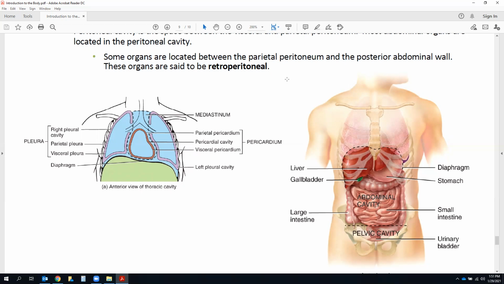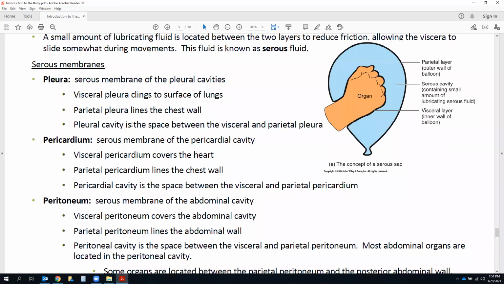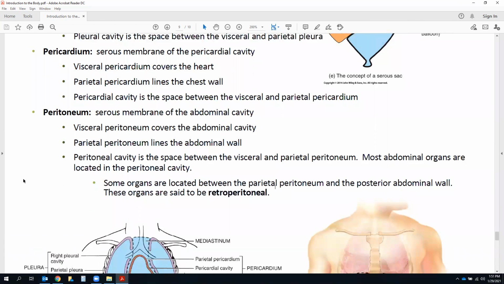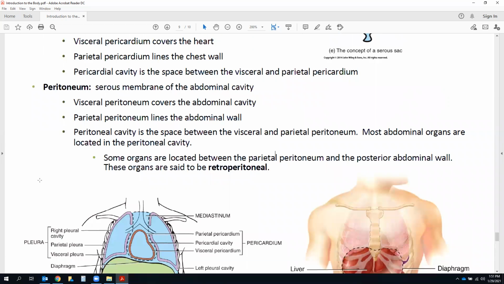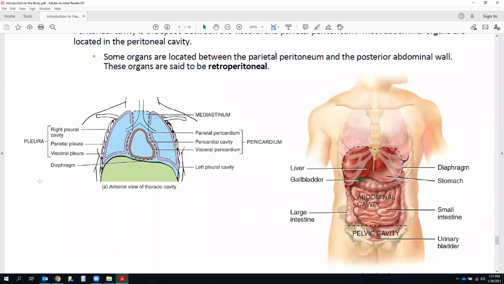Retro meaning behind, and peritoneal for the peritoneum. These three serous membranes we will really not talk about much until the very end of the semester. It'll be Unit 6 for the pericardium when we talk about the heart, but the pleura and the peritoneum won't be discussed until Unit 7, when we are talking about the respiratory system and then the digestive system, where a lot of those organs are. So we'll pause on these for the time being, and then refer back to them much later